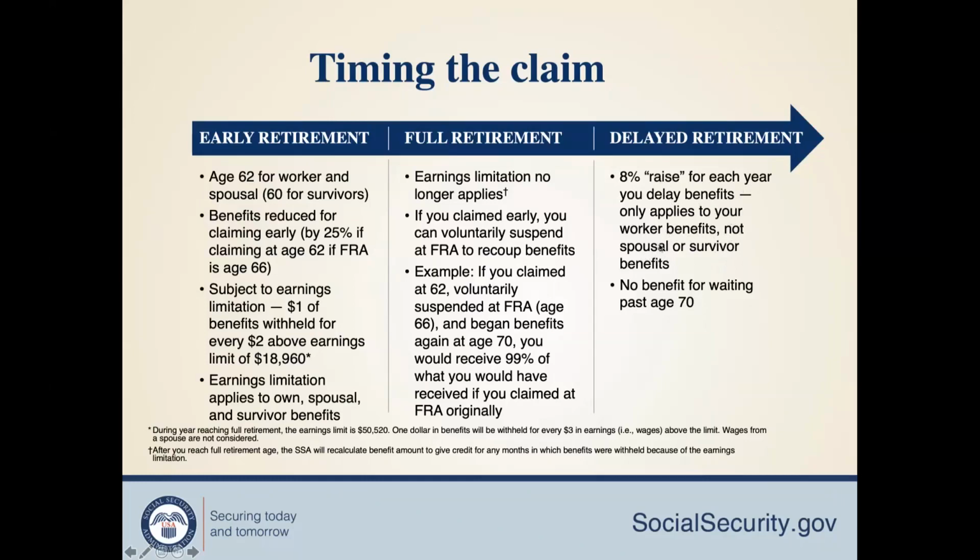It is not going to increase your spousal benefit, which is 50% of FRA only, and survivor is also 50% of FRA only. So you may be getting the full benefit of working until 70, but after you pass away, your survivor will get only the FRA benefits. And there is no benefit of waiting past age 70, because you're just leaving money on the table. So the maximum you should wait is 70, and the earliest you can claim is 62. Any questions on this?